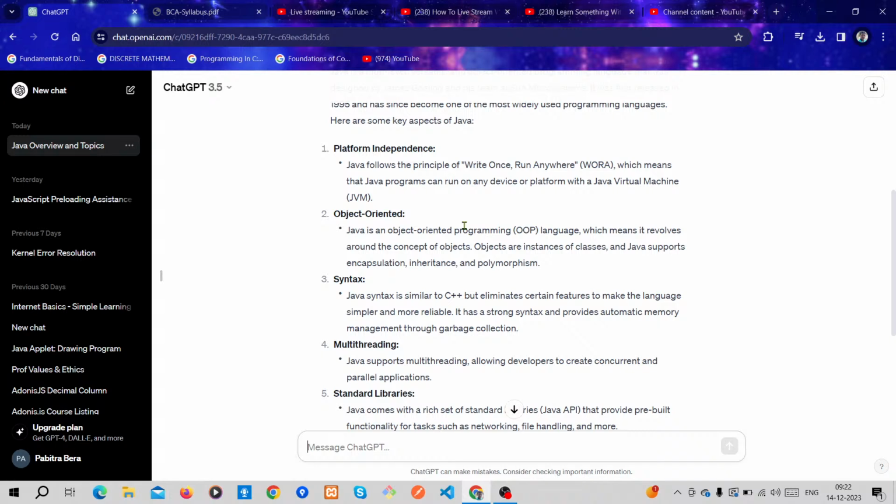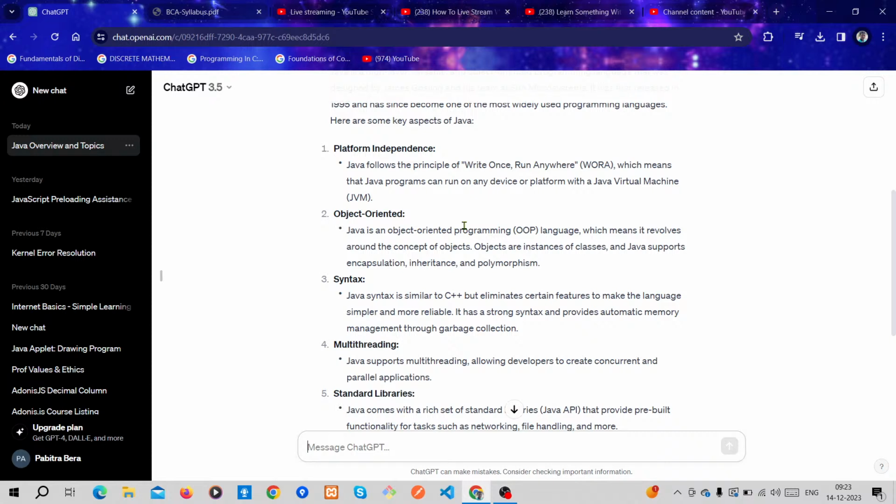Suppose you have a Windows 32-bit PC or laptop, where you write the Java program and compile it, then you will have a common file which can be run on many devices or many platforms.